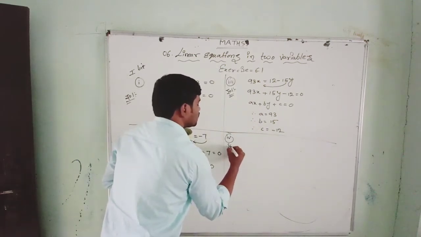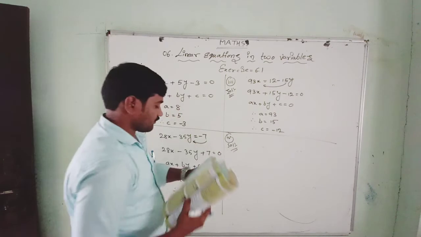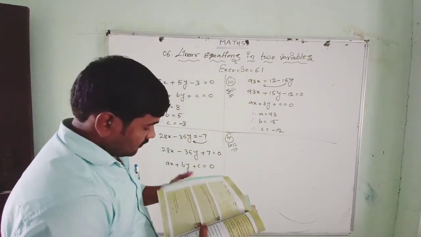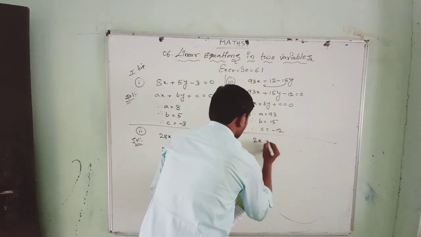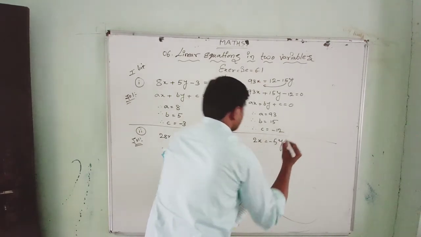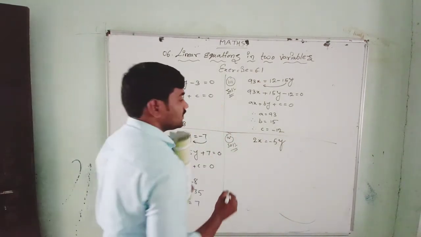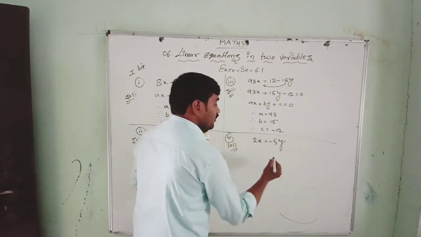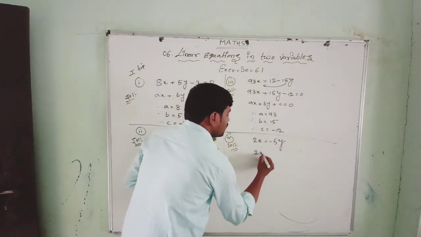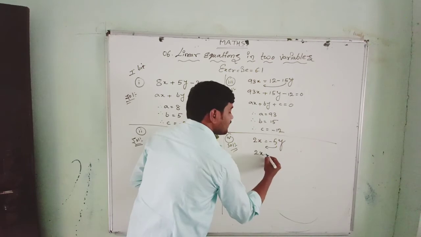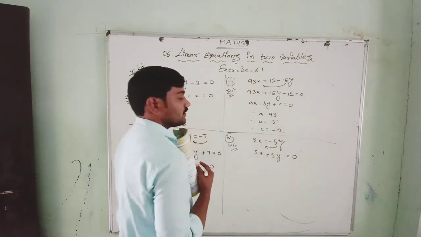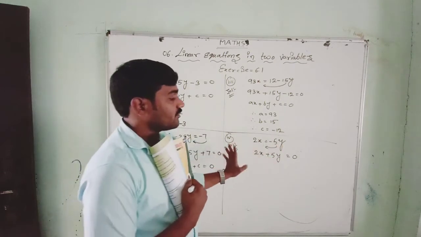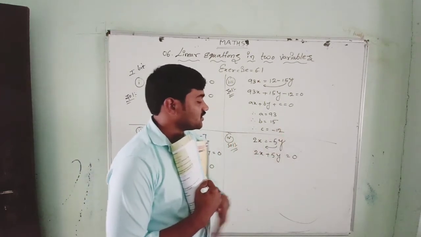Then fourth solution, 2x equal to minus 5y. See that there is no constant term, even though how I am going to do it. Look at here, 2x, this minus 5y you bring this side, that becomes a plus 5y equal to 0. Already minus 5y we brought this side. There will be nothing left, so 0 I can write.